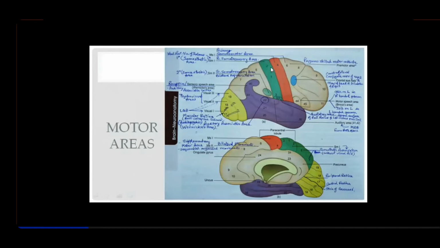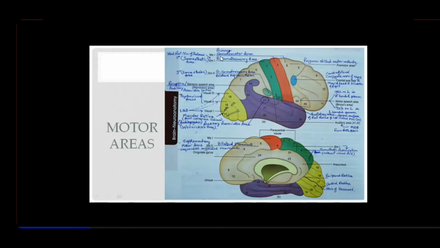And all of it is related to the soma, right? Soma means the body, the periphery, the body wall. So when we say somatomotor or somatosensory, we are talking about the body wall structures, all the structures derived from the body wall. That's lateral plate mesoderm and somites, which form the muscles as well as the body wall.